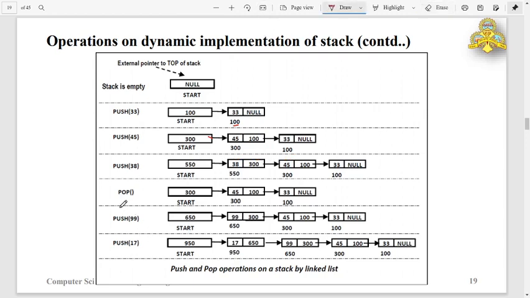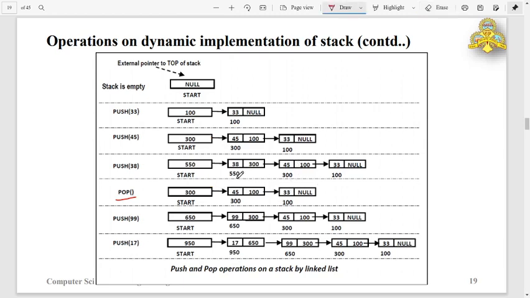Likewise for pop operation, observe that the first node here is removed. That is done by updating the next node address. Here, see, 300 is here. This address is updated to start. Now start is pointing to it. What actually happens is that start is updated such that it is pointing to the next node. For it to point to that node, the address there is changed, such that those addresses are updated.